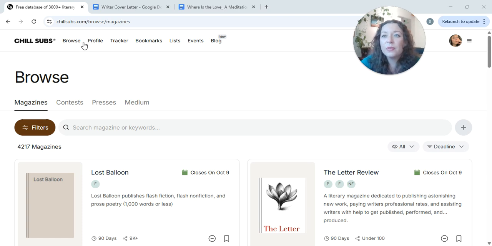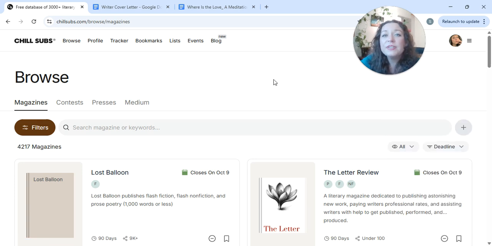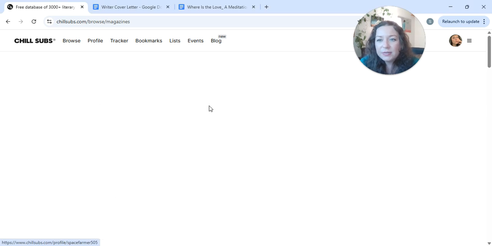We're going to go over the profile feature, the browse features, the submission tracker, bookmarks, lists, events, and then the sandbox, which can be found here, and I will go over in just a couple minutes. So first things first, let's make a profile. So you're going to click this button